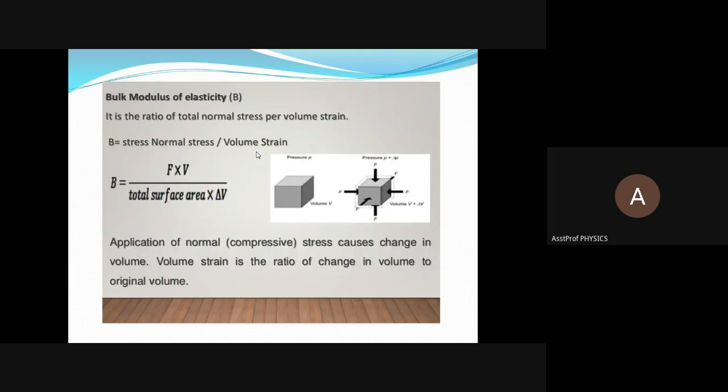The next one is bulk modulus of elasticity. What is the meaning of bulk? The word bulk means overall, the total volume. If you are giving the pressure or the load or force all over the body, on all the sides, the total body is compressed. The whole body is